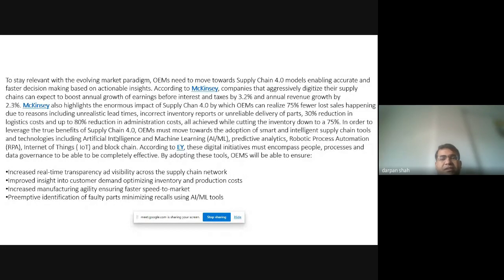This is just from a study done by McKinsey, where you can see that for smart and intelligent supply chain 4.0, which we nowadays call it, moving forward, looking at the global uncertainties,